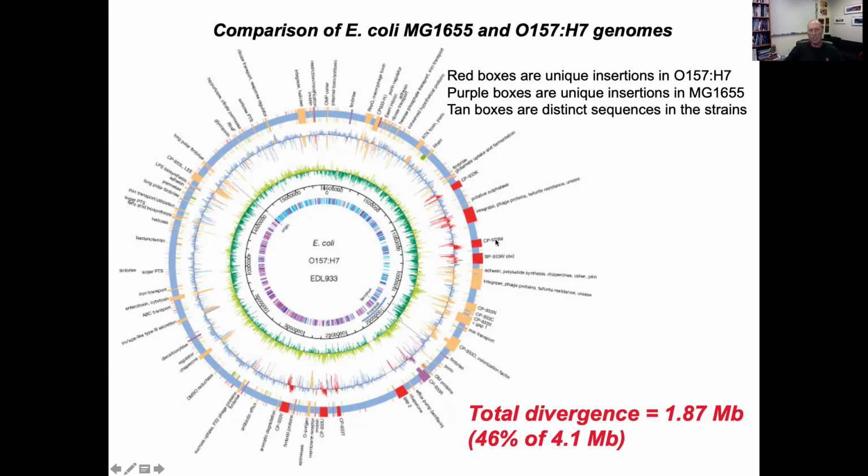If you compare those two genomes, if you look on the outside here, red boxes are unique to the O157H7, purple are unique insertions in MG1655, and then the tan boxes are regions where the sequences are basically there, but they're quite distinct in the two isolates. Okay, so the bottom line is the total divergence here, where the sequences are very different, is almost half of